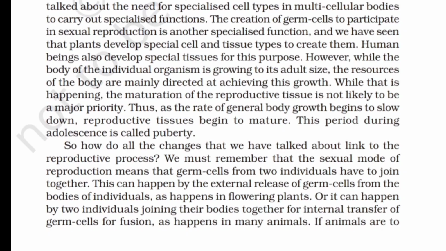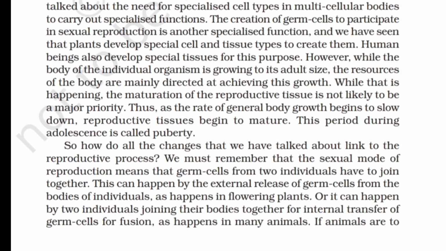So how do all the changes that we have talked about link to the reproductive process? We must remember that the sexual mode of reproduction means that germ cells from two individuals have to join together. This can happen by the external release of germ cells from the bodies of individuals, as happens in flowering plants. Or it can happen by two individuals joining their bodies together for internal transfer of germ cells for fusion, as